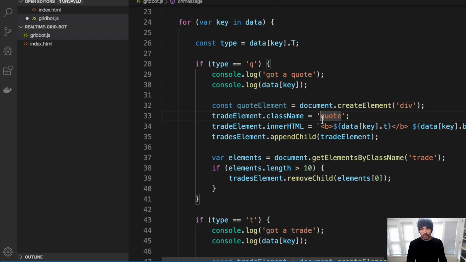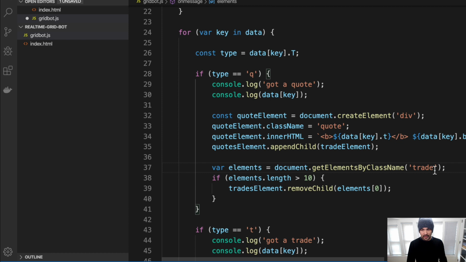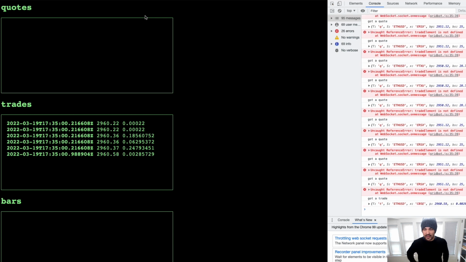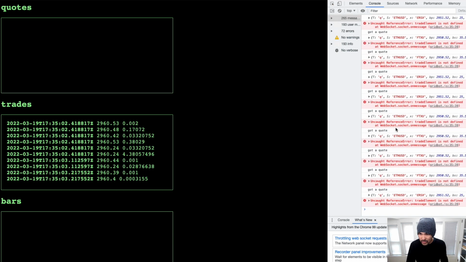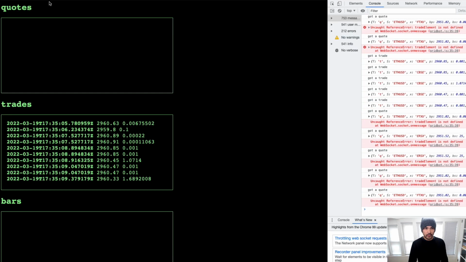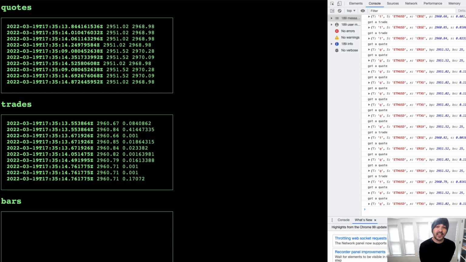The class name will be quote. We'll append that. So we're going to do quote element class name, quote element inner HTML, and then we're going to append this to the quotes element up there, and then get elements by class name quote. And if elements.length is greater than 10, then we're going to remove a quote element from quotes element, just like that. Refresh that, and you see I got a bunch of errors. Trade element is not defined, so I forgot one. So there's that one. Do that, refresh it,